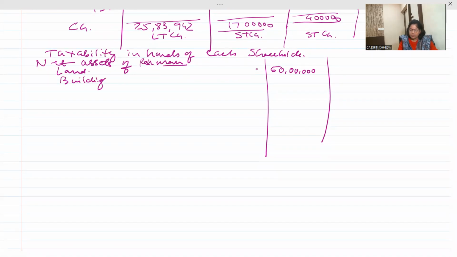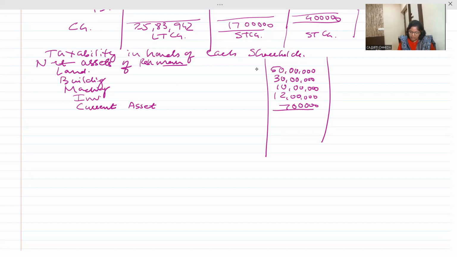Market value, obviously. Shareholders को फायदा तभी होगा ना. Building. They said in one of the lines that all the assets are taken at the FMV. Building. Machinery. Just pick up the figures from the problem. 10 lakh. Investments. Current assets. Nothing given. Let us take the current assets at the book value. So what are the total assets? Shareholders का जो net worth में share है. Total assets are 109 lakhs